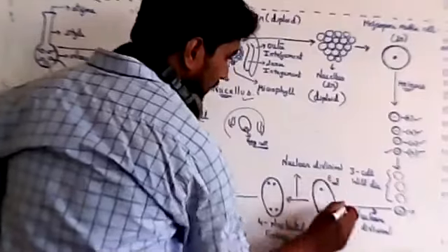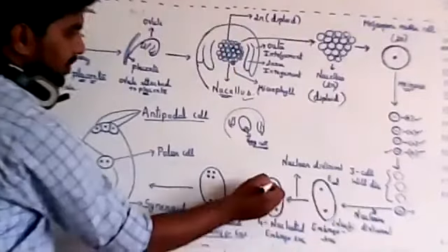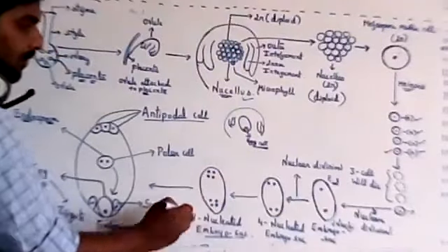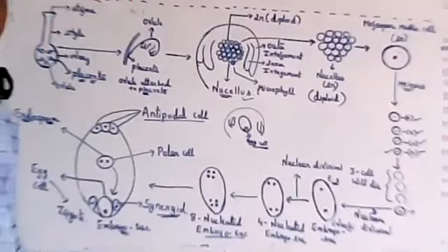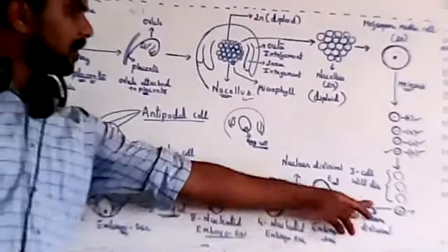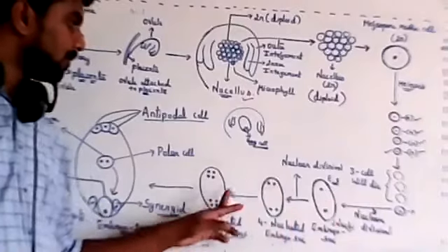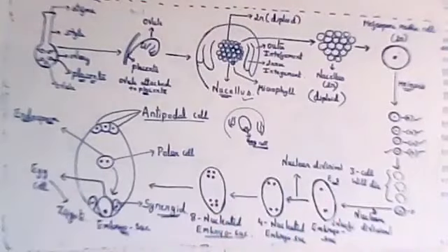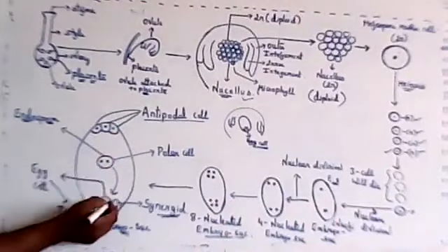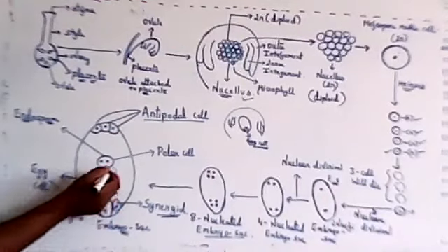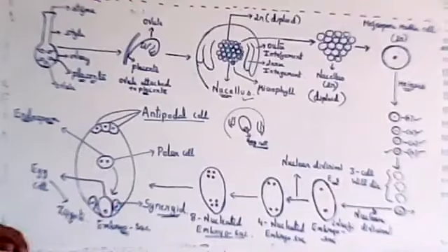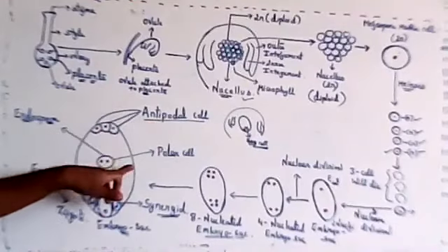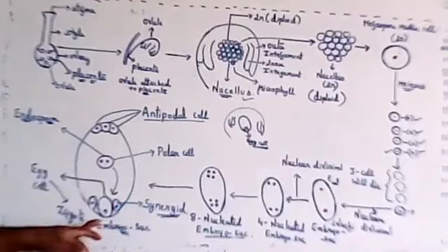So there is a 2 nucleated embryo sac, 4 nucleated, then 8 nucleated. The nuclei keep on dividing, from 1 to 2, 2 to 4, and 4 to 8. Out of these 8 nuclei, one will form the egg, and the rest will form different kinds of cells. The upper cells are antipodal, in between are polar cells, then